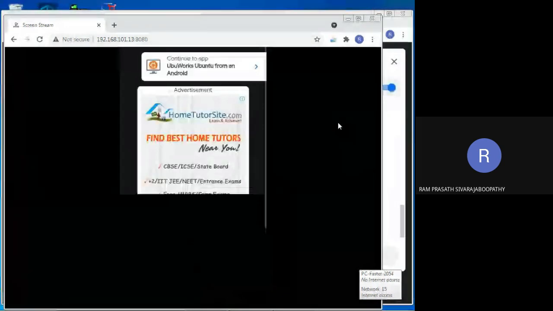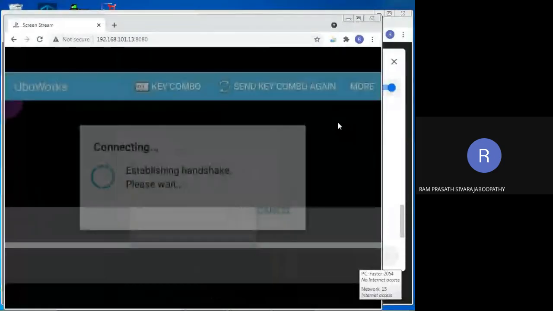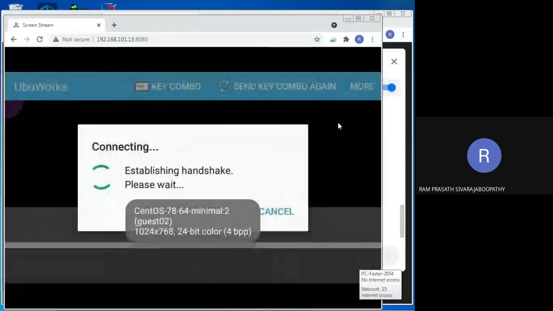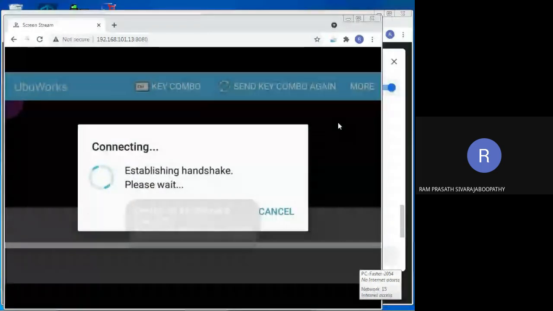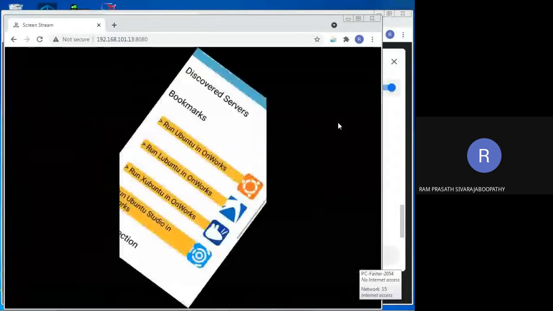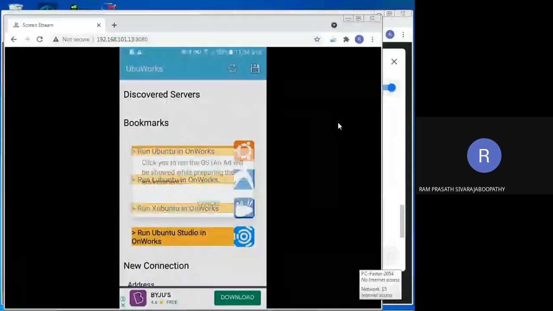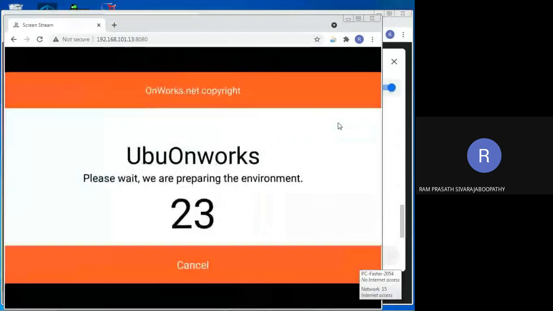Wait a moment. Okay, wait a minute. Okay, now you see a big screen now. Yes. So now the software is loading. I mean the OS is loading.